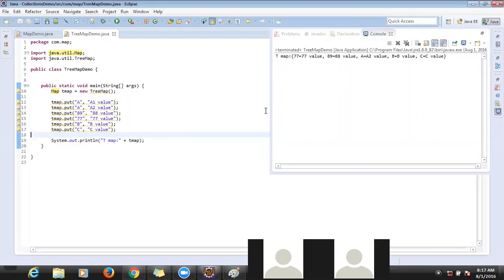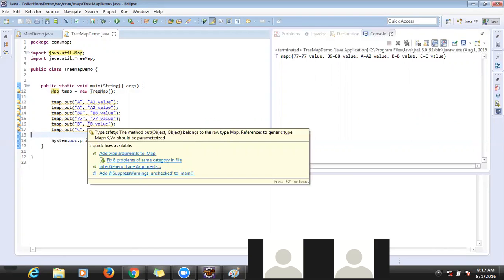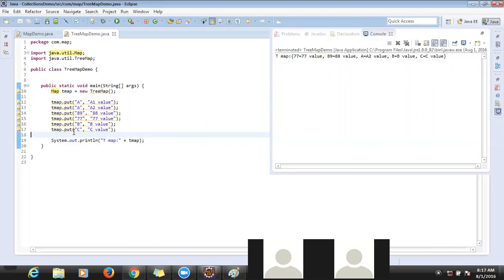Now, as of now, every time we added the key as a string. Now I want to create my own object, like customer. Inside the customer there are two fields, name and ID.